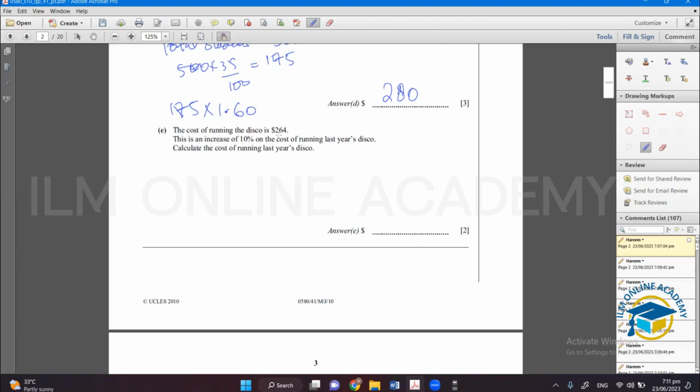They have already given this year's disco cost, which is 264, and they are saying that from last year there is a 10% increase in the price. Now they are asking us to find last year's disco price. So consider last year's disco cost as 100. Now we have a 10% increase, which means a total of 110%. So we can say 110% of last year,